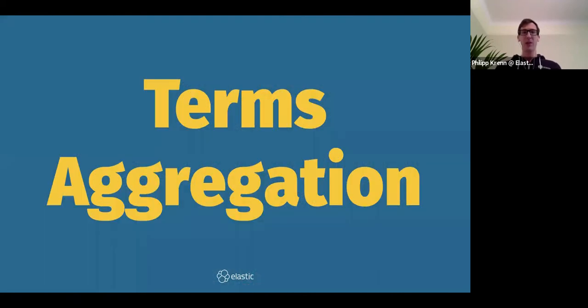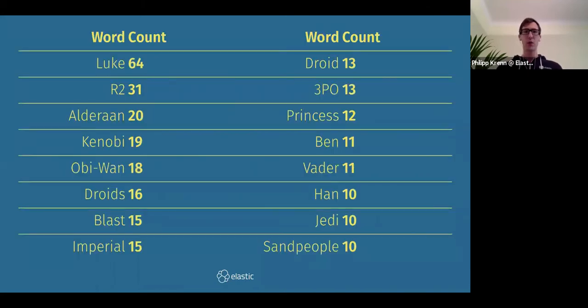Okay, let's start with term aggregation. What was a term aggregation again? The term aggregation is the top n results. So what are the most common terms, basically? So here, as I've said, we would use Star Wars. I'm using Star Wars. And this is the very first movie that came out. So I think by now it's called Star Wars 4, but naming is confusing there. So the very first movie. And somebody luckily counted the most common terms you have in Star Wars.